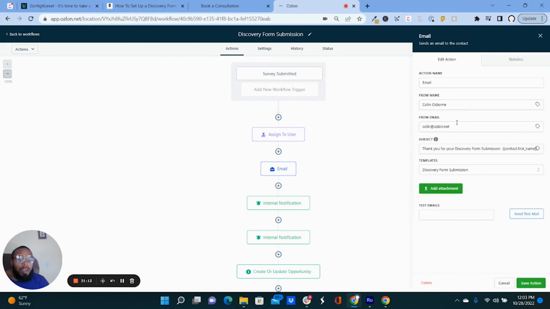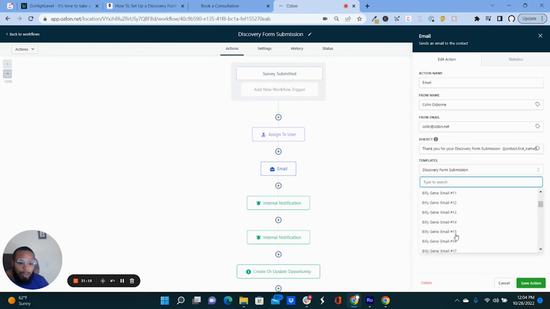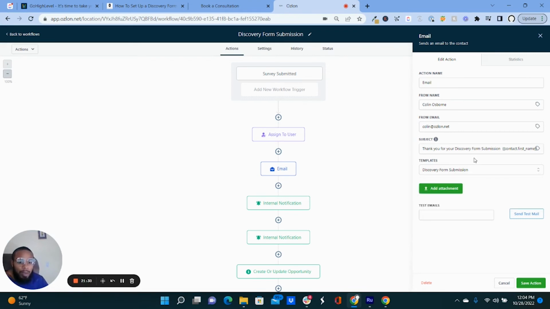The send email action has a from email, from name, and then I also have the template, which I clicked, discovery form. You can access all of your templates within here. And let's see, discovery form. As you can see, discovery form is right there. But this is discovery form submission. So I'm sending an email to him or her saying, thank you for submitting the discovery form, yada, yada, yada. And I'll show you what that looks like. I'll send that to my